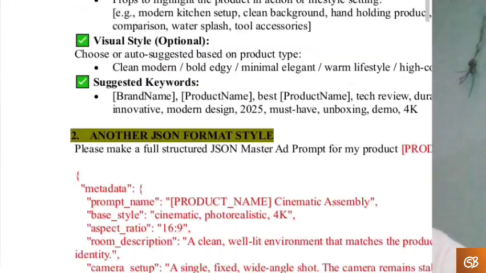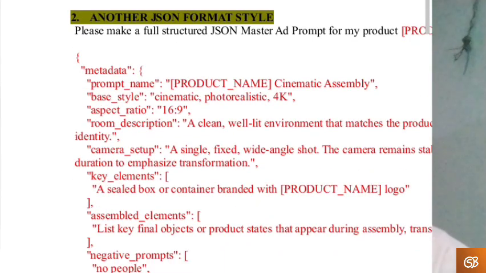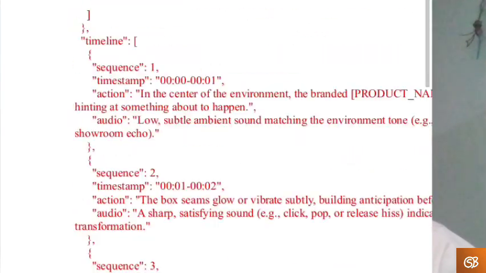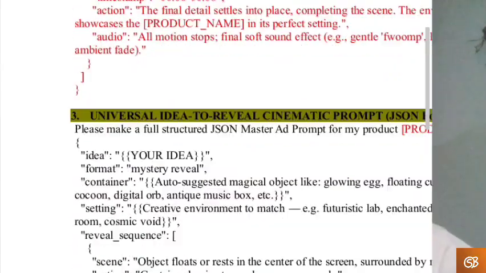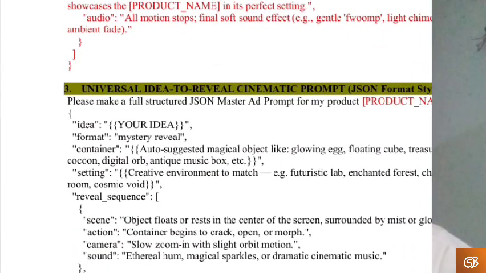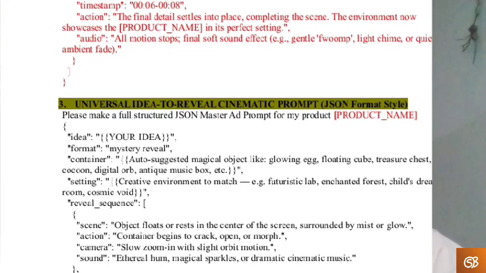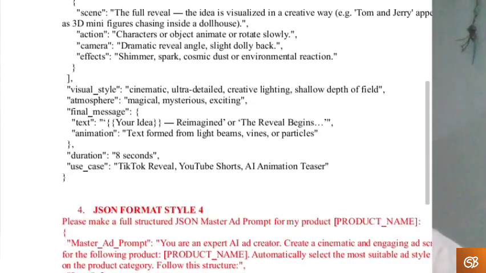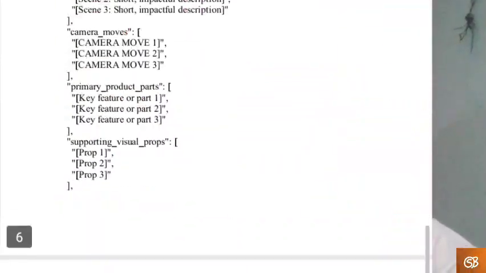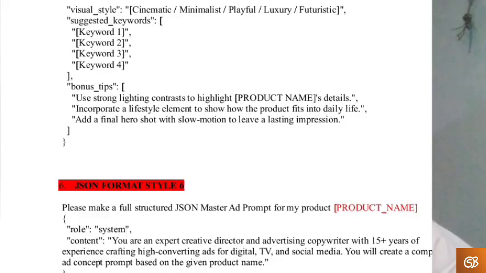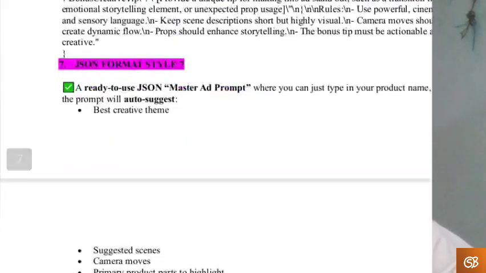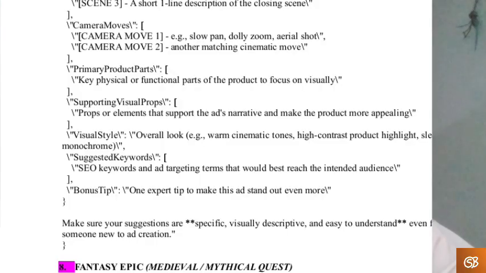This is another one, under JSON prompt format. You copy it also from here and paste it. This is universal ideas to retrieve cinematic prompts in JSON format style. You copy it. This one, number 1, is JSON format style 4. This is also JSON format style 5, this is JSON format style 6, and JSON format style 7. I wrote these things cinematically. I'll be using this thing for